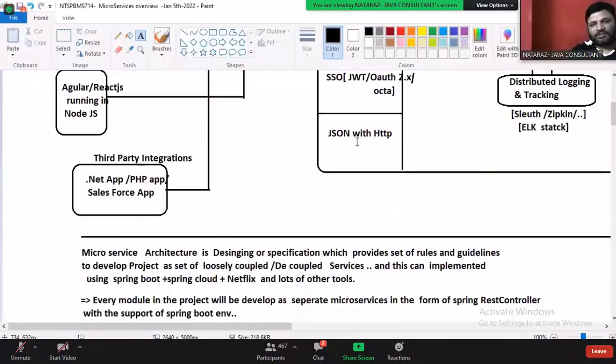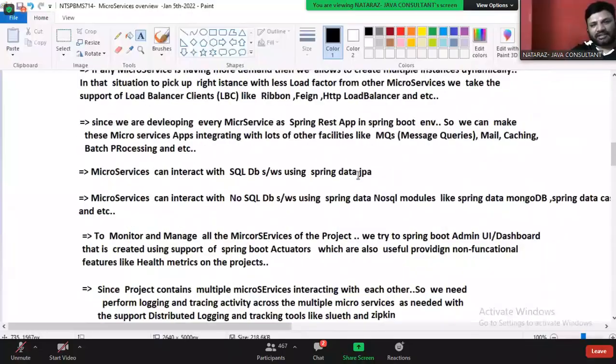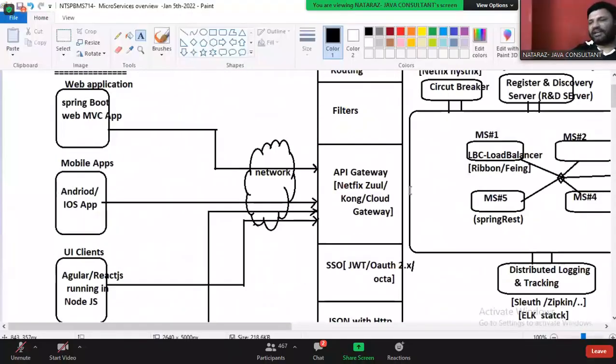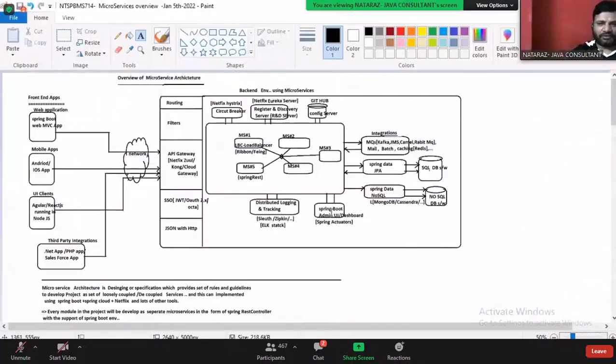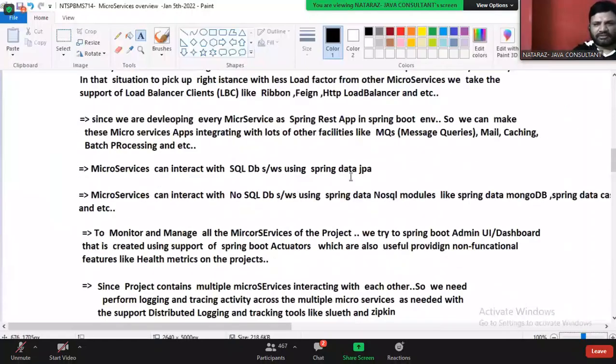Lots of other small tools and small APIs will be there, but I tried to highlight the main things so that you get an overall idea about the microservice environment. I hope you enjoyed today's session.